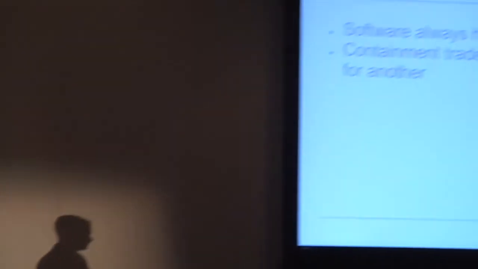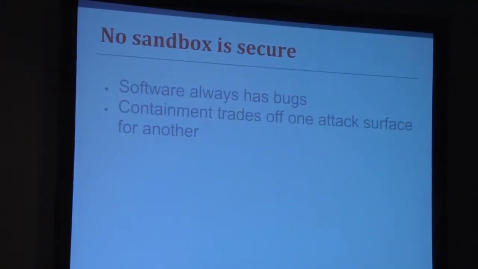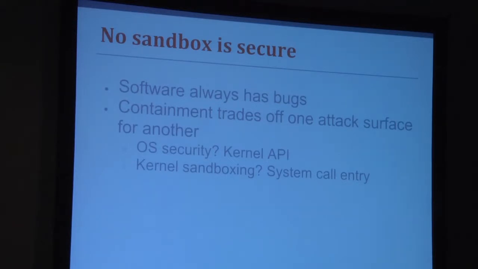to figure out how much security you're actually getting. And sometimes you actually lose security. Sometimes you do a sandbox and the sandbox is less secure, so you're not gaining anything, and you actually lose. If you're doing this at the operating system level, the kernel API is your attack surface. That's your biggest attack surface on Chrome on Windows, because you can still make system calls. The operating system is supposed to unprivilege everything you're doing, but if there's some Windows system call that has a bug in parsing its arguments, the sandboxed process can escape from there.